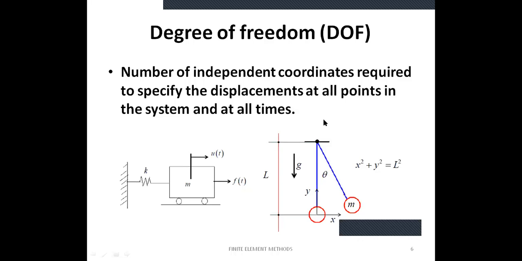Similarly, if the point is two-dimensional, then to specify that point we need x, y coordinates, or y, z coordinates, or x, z coordinates. So to specify a two-dimensional problem, we need two coordinates. Therefore we can say it is a 2 degree of freedom point. And if the same point lies in three-dimensional space, then to specify that particular point we need the x, y, z coordinates. Therefore we can say it is a 3 degree of freedom.